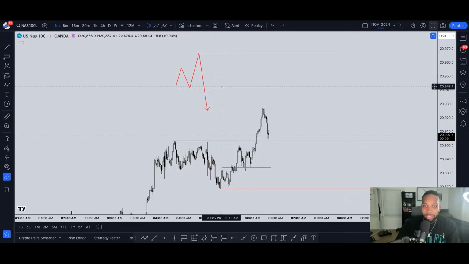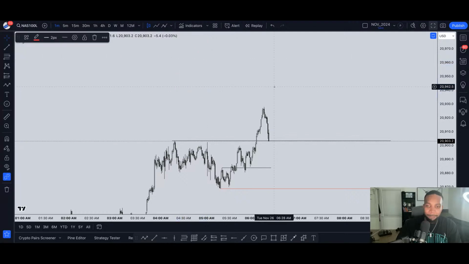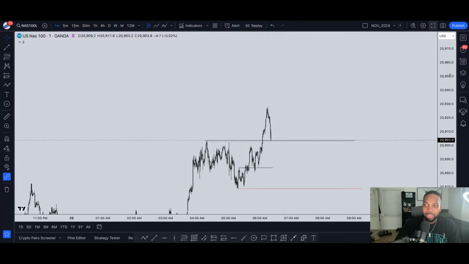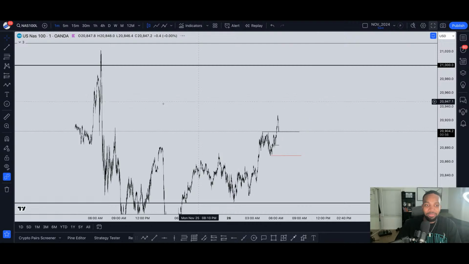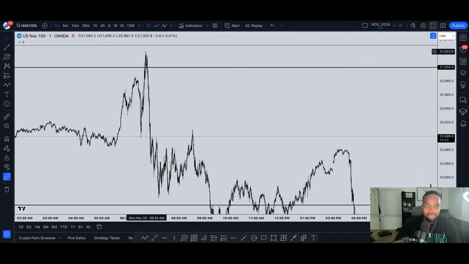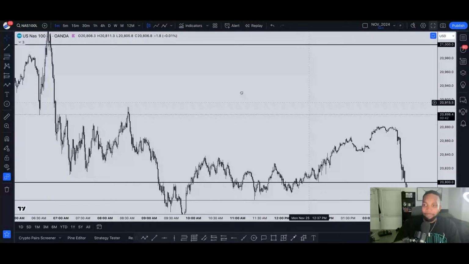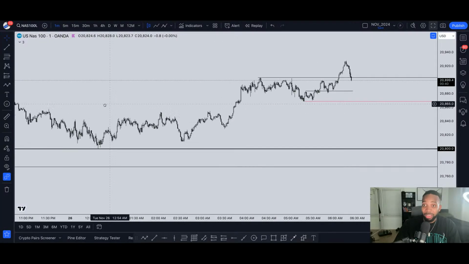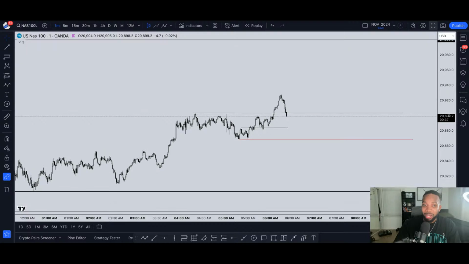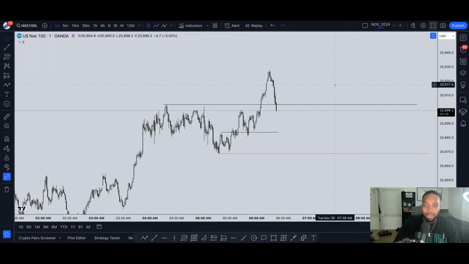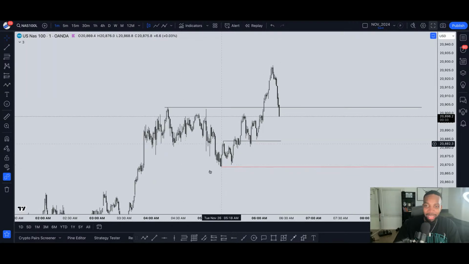But if not, then I would wait to sell higher. Just to be safe, I would sell above the previous highs, up here above these highs. Because if everyone's stop loss is here that sold earlier, and the market likes to target liquidity, this would be the best area to sell. You probably have the lowest drawdown, unless we get the setup here. But as of right now, it is back in the buy setup. It's back in the buys.